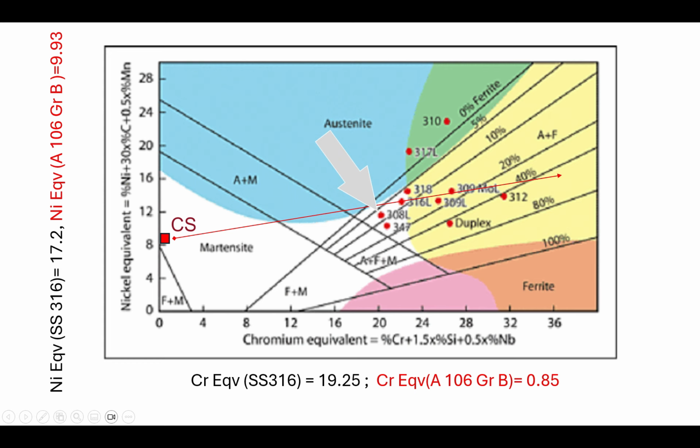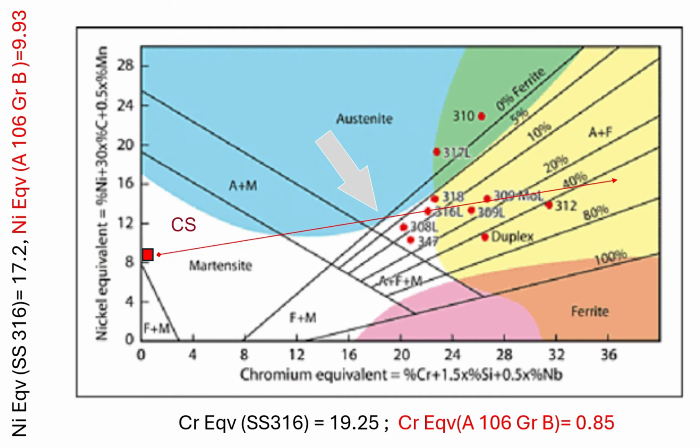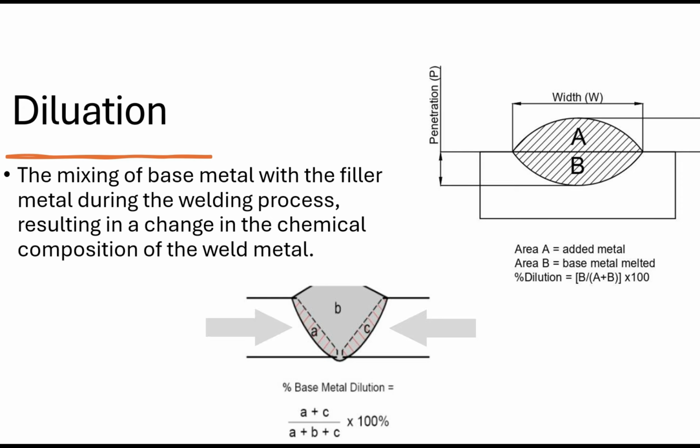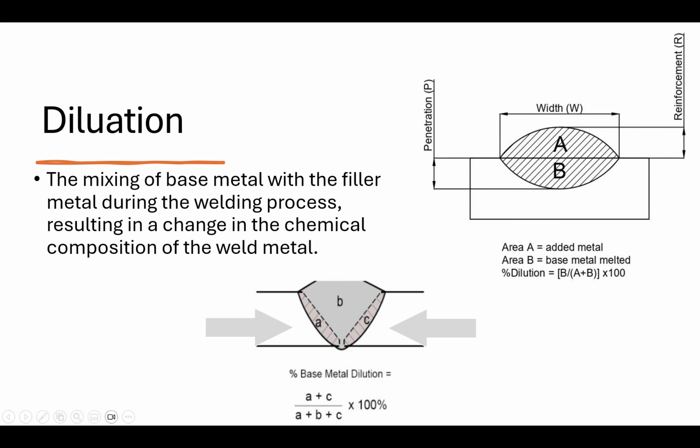So the electrode for SS316 and carbon steel will lie in this line somewhere, but certainly it will have delta ferrite, have higher chromium and nickel equivalent. Now, I have to share a very important concept with you, which is called dilution. Now, what is dilution? When you are welding two materials, this face of this base metal will also melt with